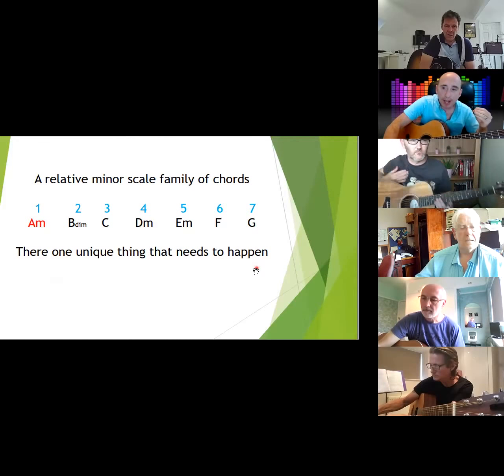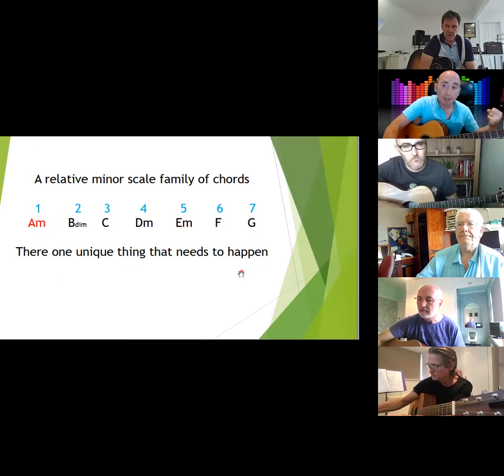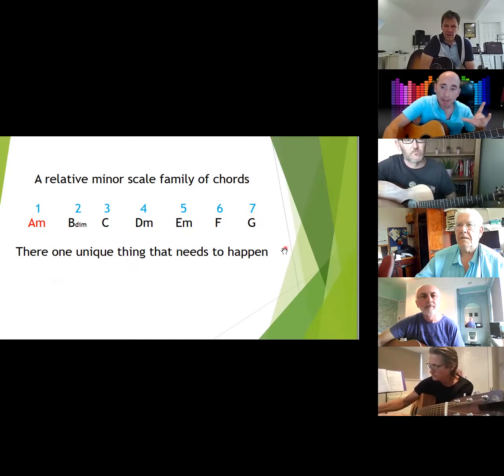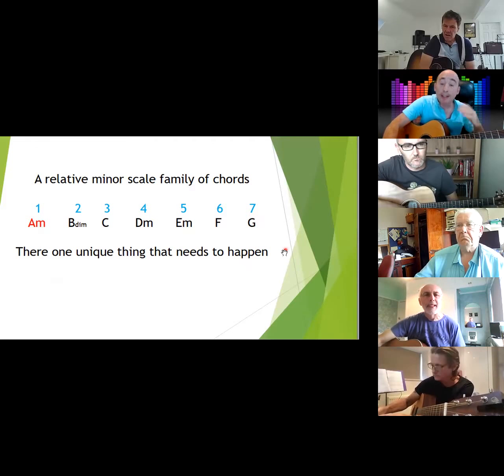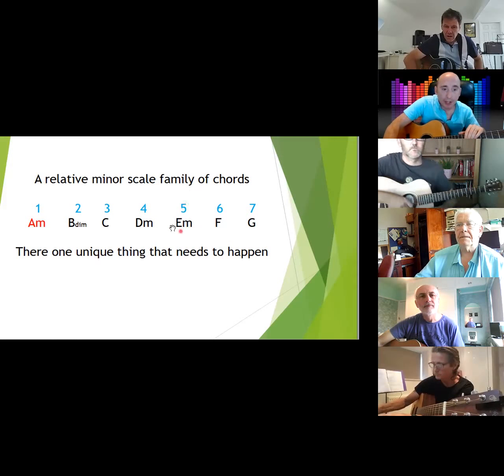I don't know if I mentioned in the past that in a family of chords there's one important chord which drags you to its home. There's one chord which has its own elements, unlike every other chord. I don't know if anyone can remember which one it is. It's the 5th chord. If you remember, the 5th has to be a 7th. So see here on this 5th, it's a minor. Now when you turn this into a relative minor family of chords, this has to be,